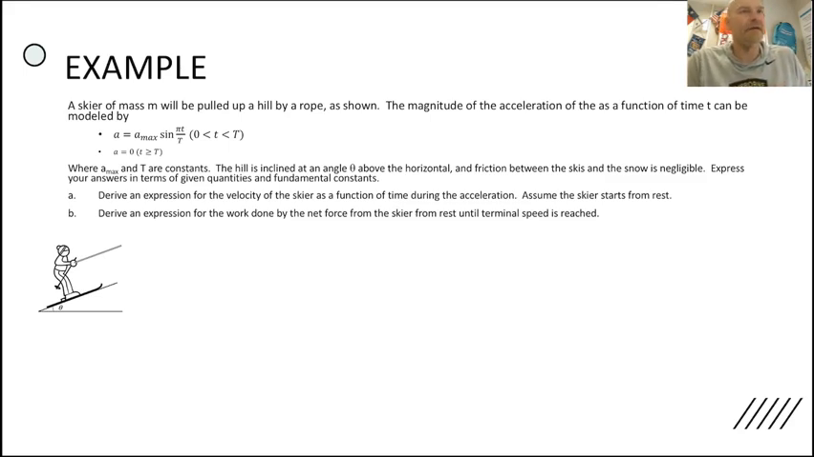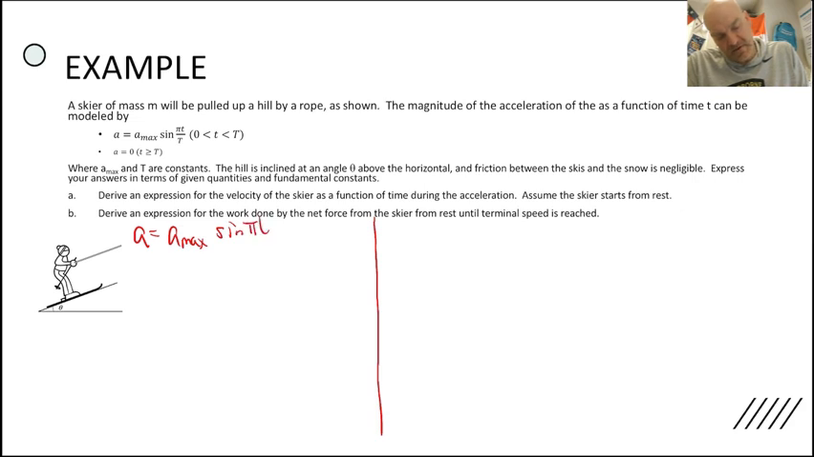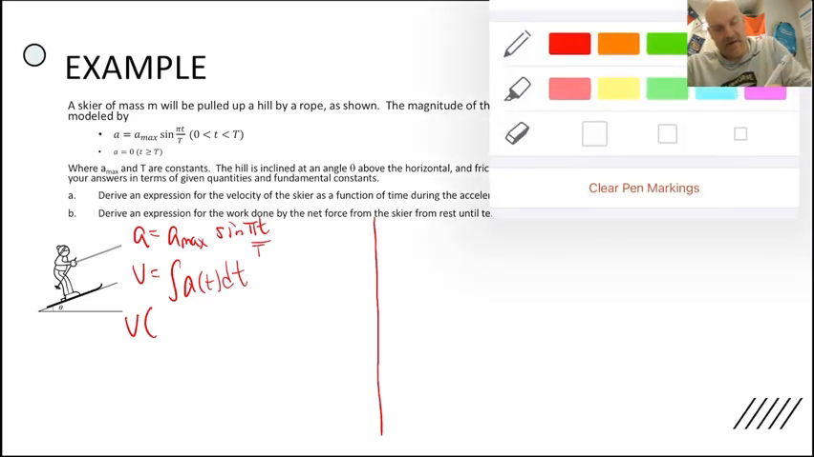So part A, derive an expression for the velocity of the skier as a function of time during the acceleration. Assume the skier starts from rest. Okay. So remember, we're given the acceleration equation. Okay, and what they're telling us is that it's starting from rest, and remember, velocity is the integral of acceleration, right? So we have,